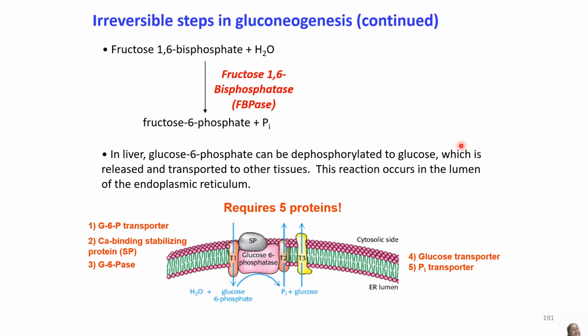In the irreversible steps of gluconeogenesis, fructose 1,6-bisphosphate is dephosphorylated to fructose 6-phosphate. In the liver, glucose 6-phosphate can be dephosphorylated to glucose. It is released and transported to other tissues, and this reaction occurs in the lumen of the endoplasmic reticulum. This requires 5 proteins: glucose 6-phosphate transporter, calcium binding stabilizing protein, glucose 6-phosphatase, glucose transporter, and